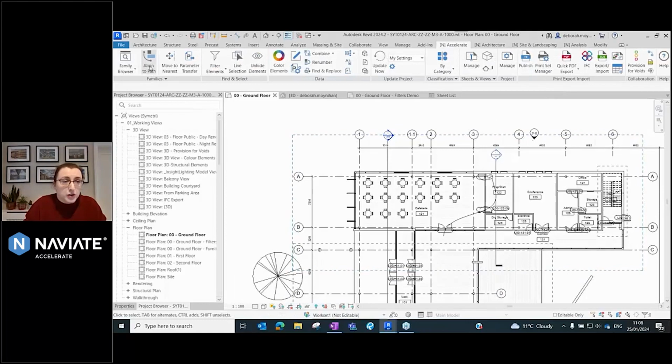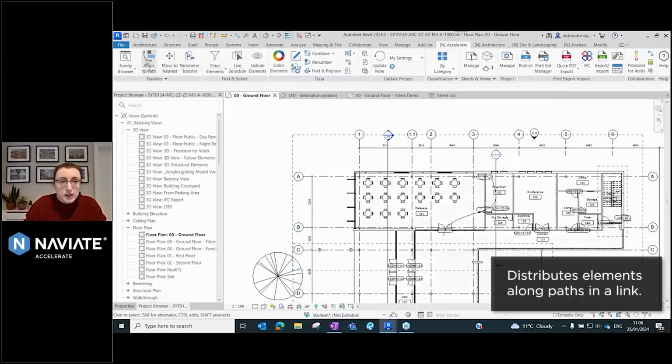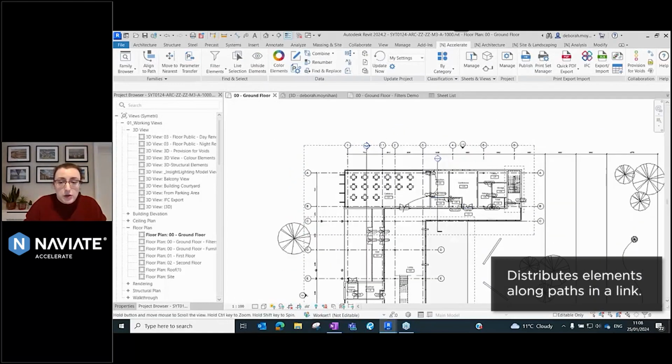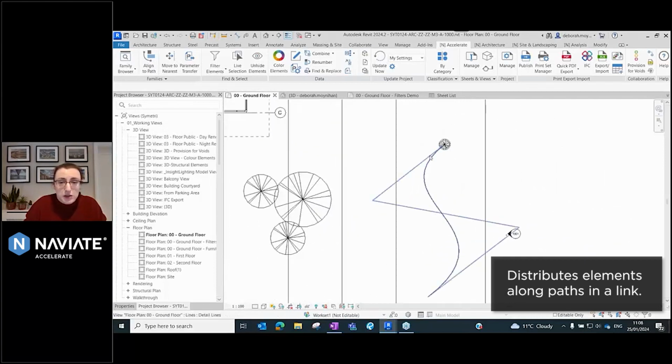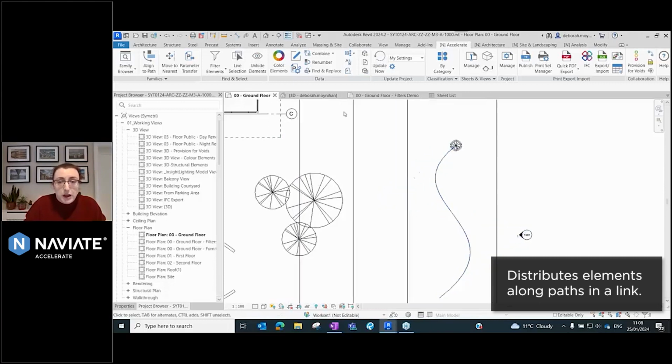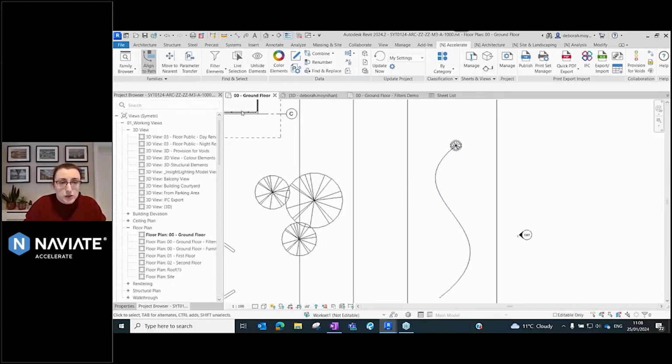Another quick tool under families, just as a little bonus, is Align to Path. So a lot of times when you're designing something, you might be extruding a family along a path, and you have to copy and paste that family one by one and set the increment each time. Align to Path allows you to speed up this process